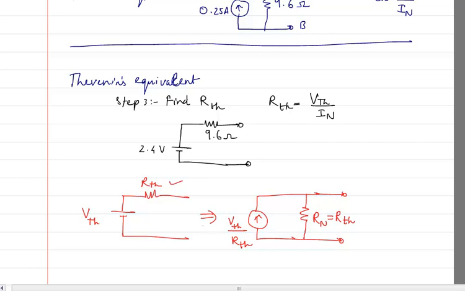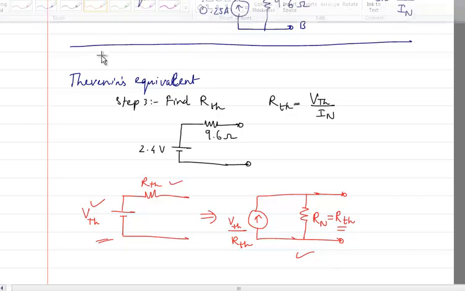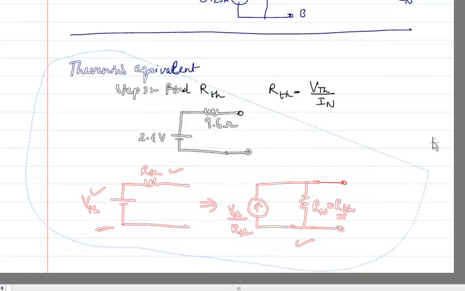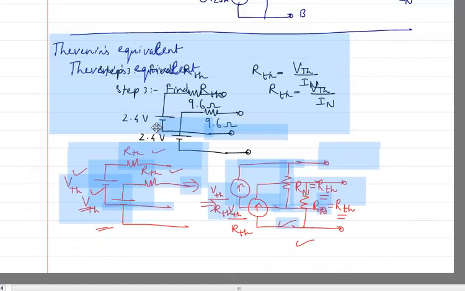So what we always have to remember is that it is interchangeable. If you have the Thevenin's equivalent circuit with only values Vth and Rth, you can find the Norton's equivalent by writing Rn is equal to Rth and In is equal to Vth by Rth. And it is vice versa. That means if you know Rn, let me draw it. Let me take this whole thing slightly up so that I draw it here itself.